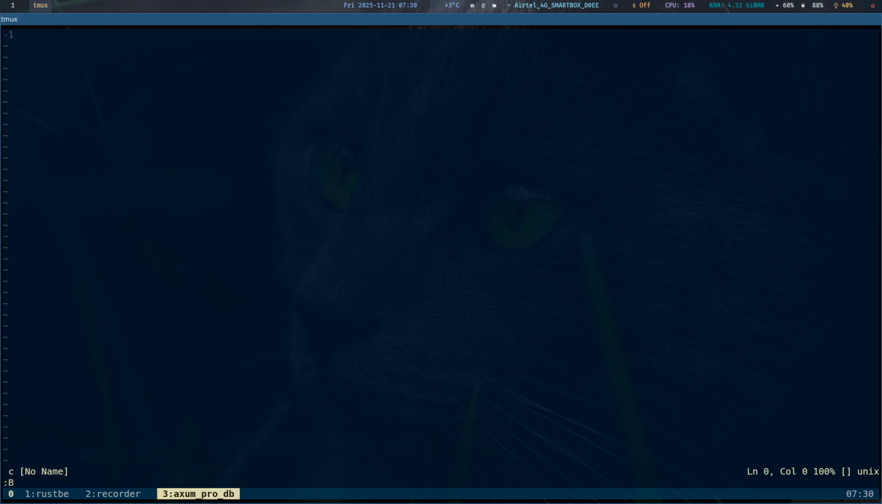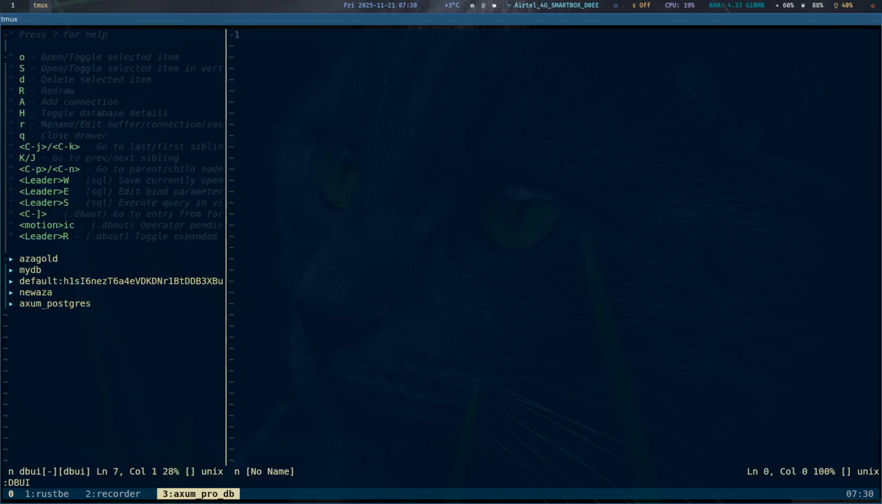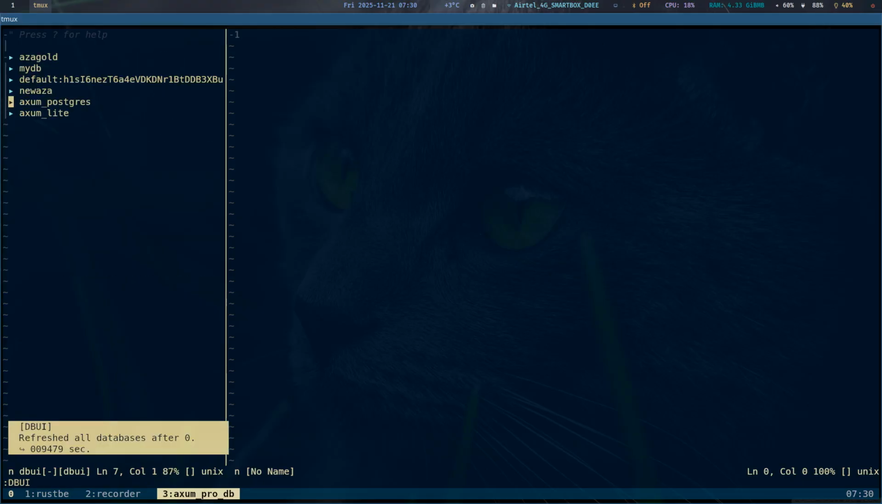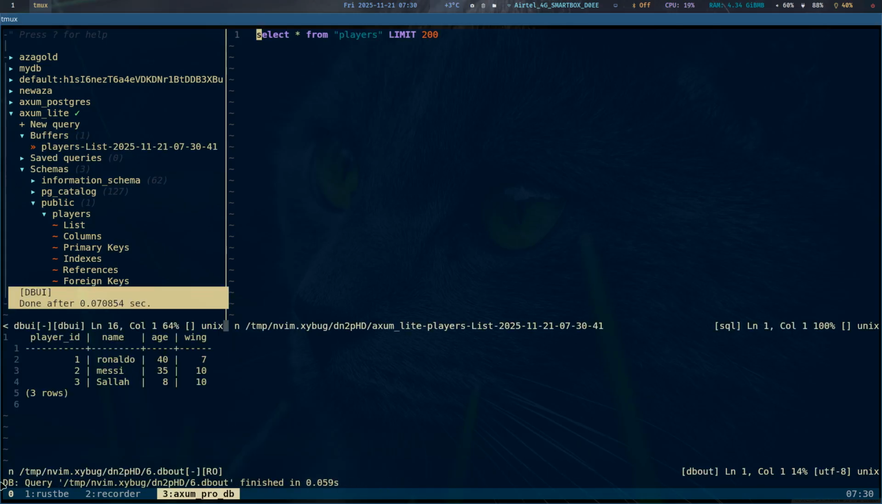I'll reopen db UI. Then I'll press R to refresh, and we should have it here. So if I go to my public, you will see just one that we created. And so let's create the